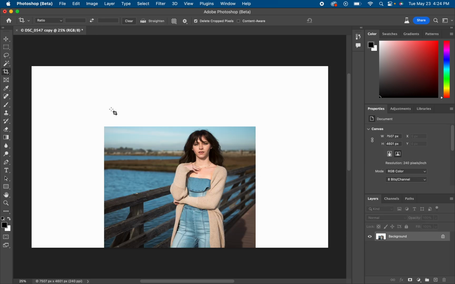Now I'm going to double click. So this is the photo down here. All this is just the extra canvas area that I enlarged. I'm now going to get the selection tool, and I'm going to select the area of the photo that I took. However, I'm going to leave a little space. So I'm going to do it about here so we can see. Let me go a little bit about there. And so I'm not going to go all the way to the edge in this particular case. Sometimes when you go all the way to the edge, it leaves a border,